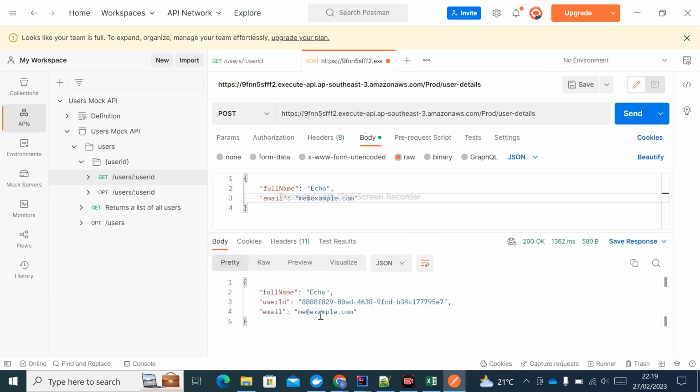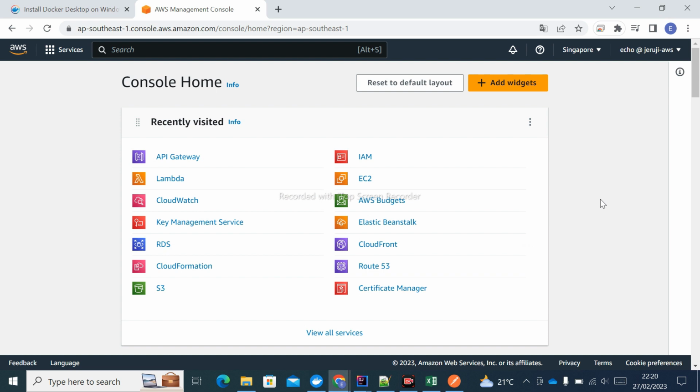As you can see, our Lambda function responds with full name, user ID, and our email. So this Lambda function has been successfully deployed,